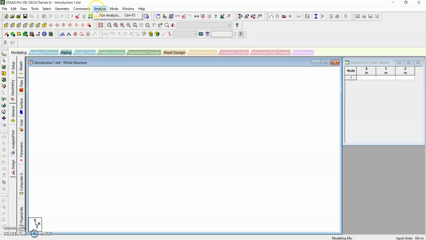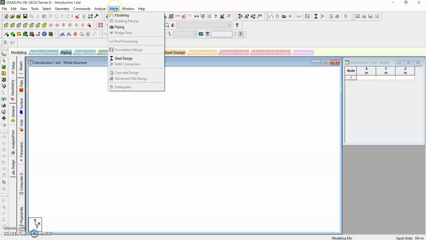So we will use this icon called analysis and give run analysis. When we give run analysis, it starts analyzing the model which has been defined. And modes, we have modeling, we have piping, we have steel structure. Like that we have different modes of model which can be worked in.